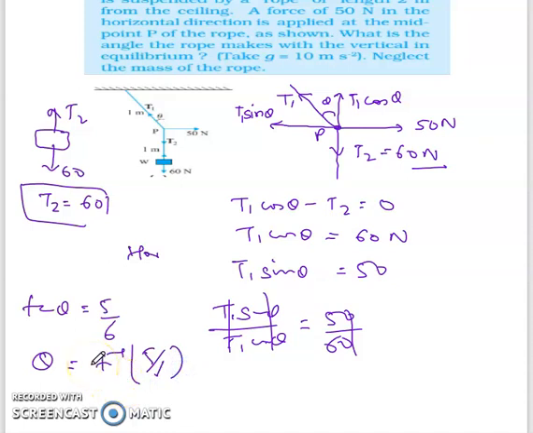Due to time constraints, I'm solving it like this. 5 divided by 6, the answer is 39.8. So theta is